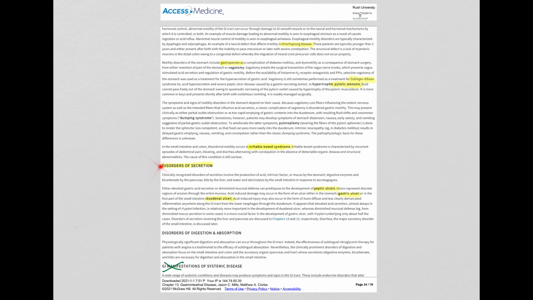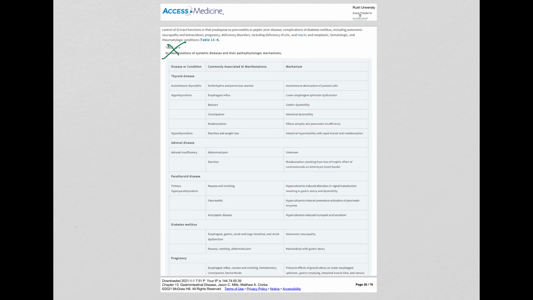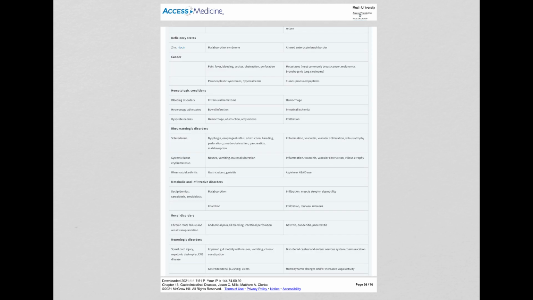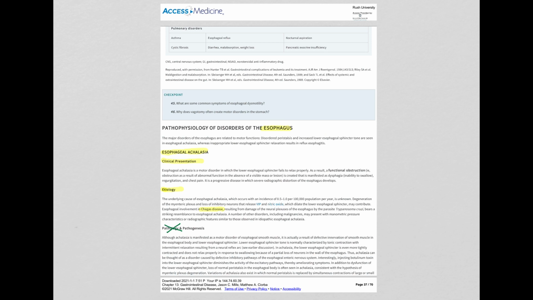This case will focus on some of the types of disorders of secretion, so peptic ulcers, including duodenal ulcer and gastric ulcer. You can skip the big section that's GI manifestations of systemic disease, including this really big table, unless it's interesting to you. And then picking it up on page 37, pathophysiology of disorders of the esophagus, including esophageal